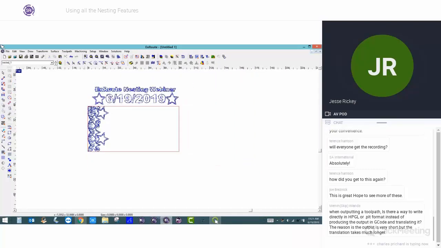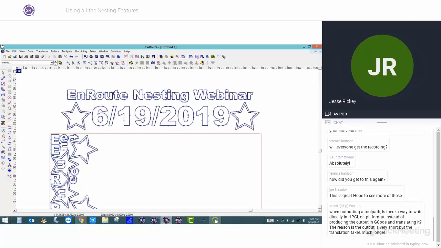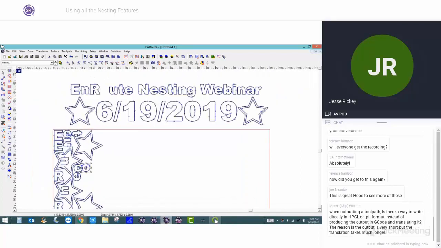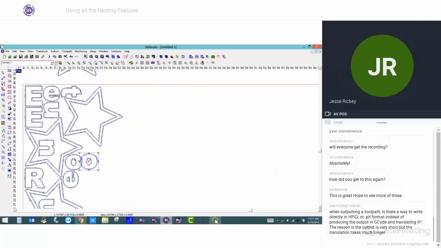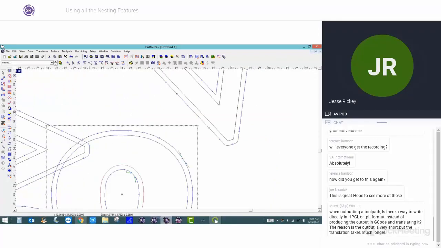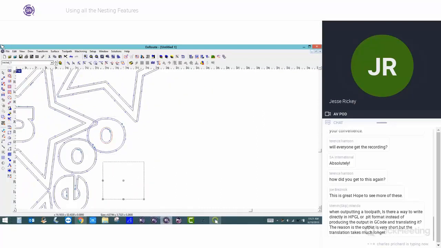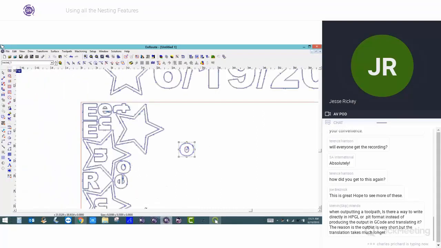Okay. Now, one of the most common practices with items like this is if I need to add just one or two, for instance, I need to add this letter O in here, but I don't really want to go all the way back through that nesting process. There's kind of an in-between. Now, I could always just click and drag this in, which is manual nesting, but the problem is that I could do something like this, where if I'm far away, it doesn't look too bad. But what happens is it actually overlaps different parts. So what I'd rather do